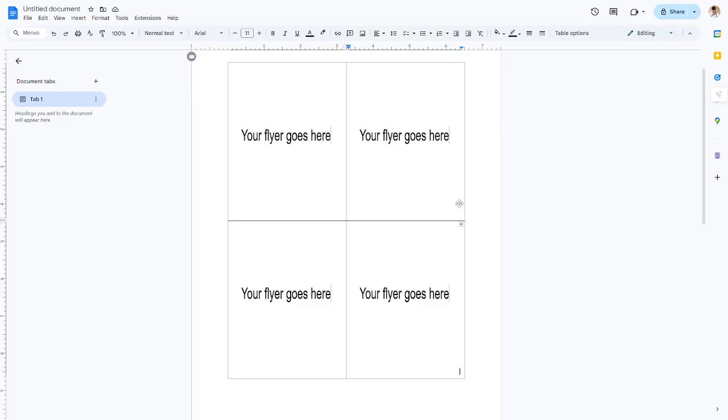And with that, you are done. Congratulations on seamlessly integrating your image into a Google Docs table. Remember, the process might seem intricate at first, but with practice, it becomes second nature. This method is a fantastic way to enhance the visual impact of your documents, making them more engaging and informative